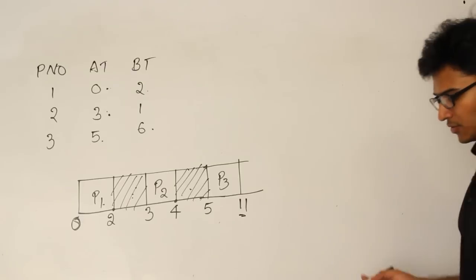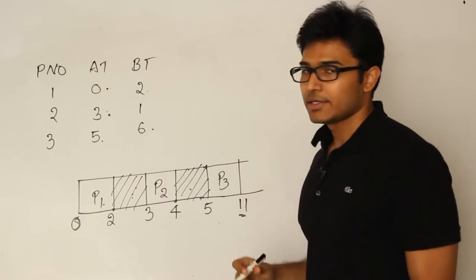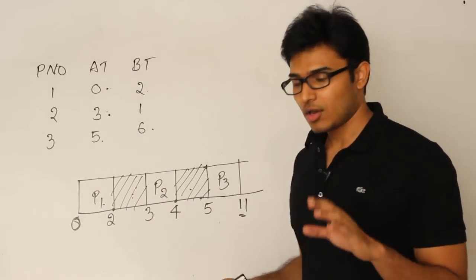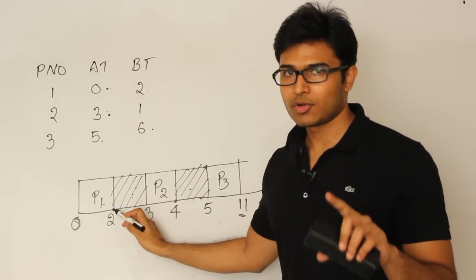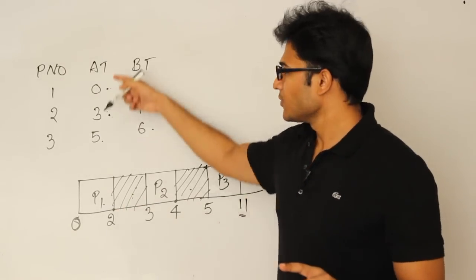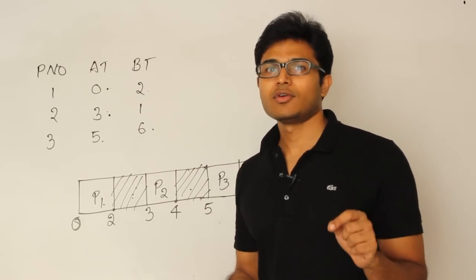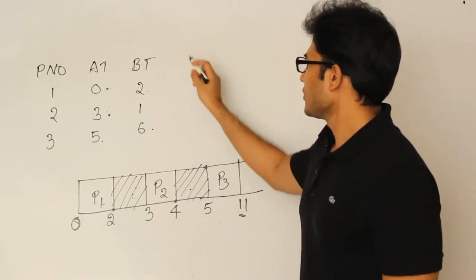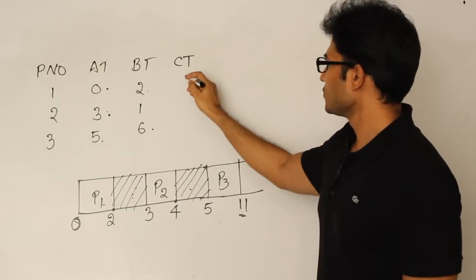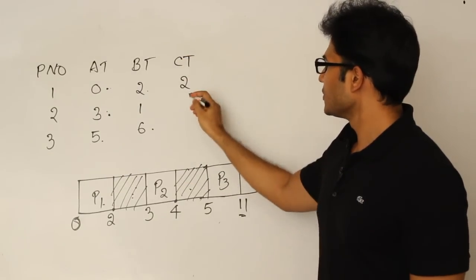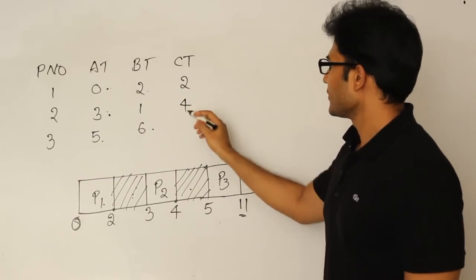So it could be interesting like that. They might give you some gaps. So just be careful that whenever you are picking the next process to schedule, you see whether it is available or not. Always think about where you are standing at that particular point of time. Just check if the process which you are choosing according to the parameter has arrived or not, right? And now you can finish the remaining things off. So what is completion time? Completion time of P1 is 2, P2 is 4, and P3 is 11, right?